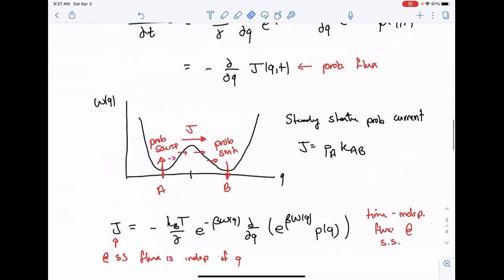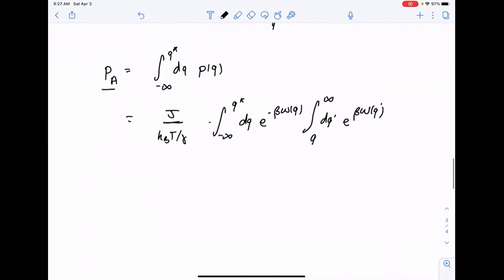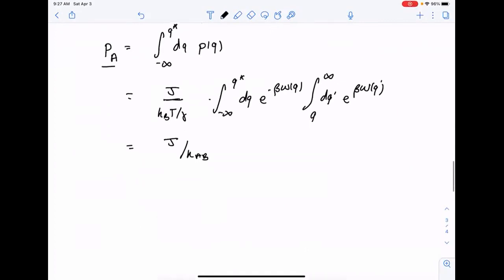That's exactly the relationship we need in order to determine the rate. The rate, rearranging this expression, is just J divided by P of A. We have that here, inverted. This is then equal to J over the rate, or the rate to go from A to B is kBT over gamma,